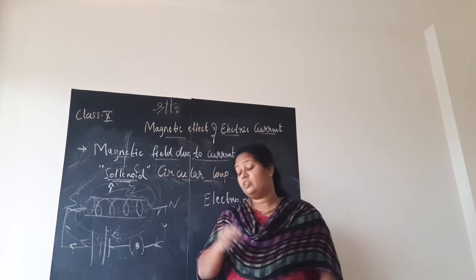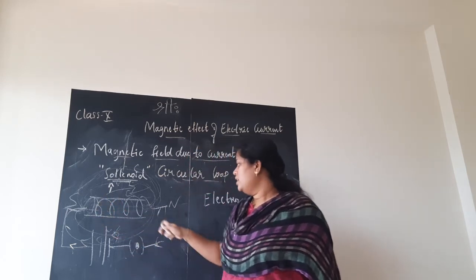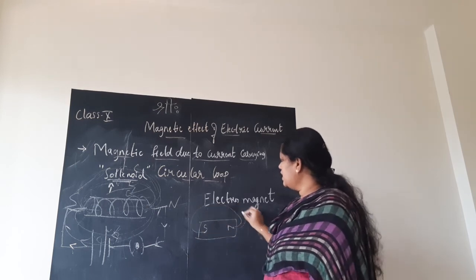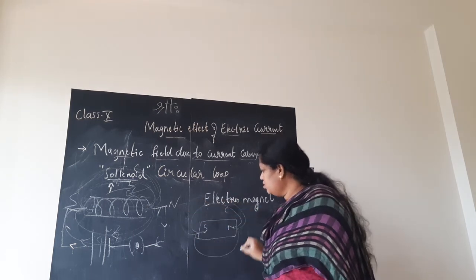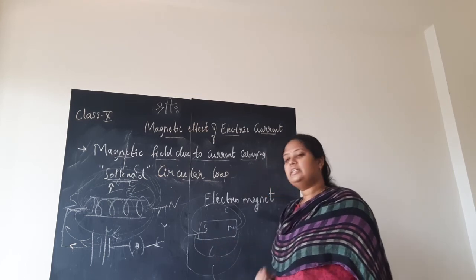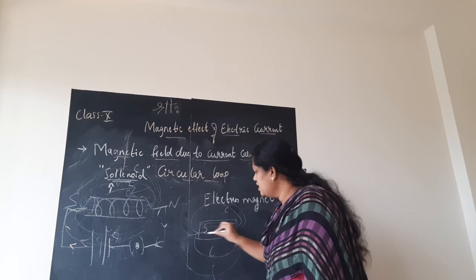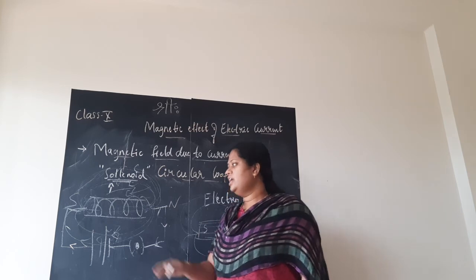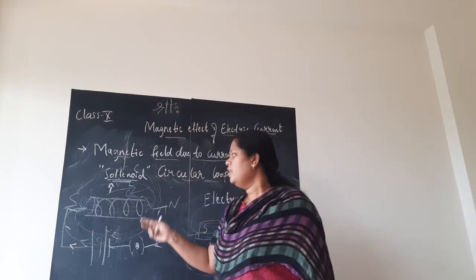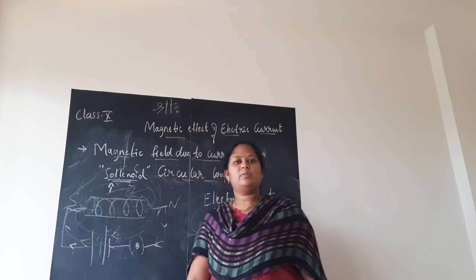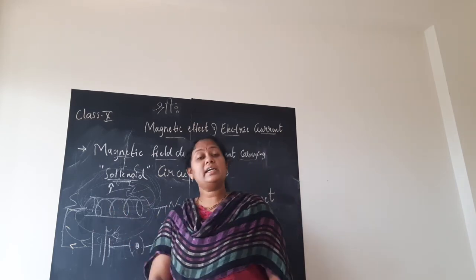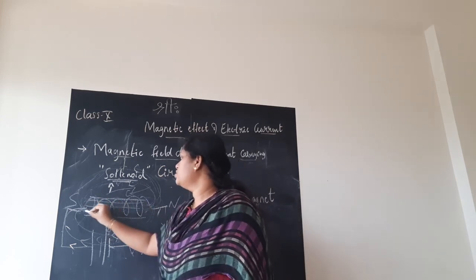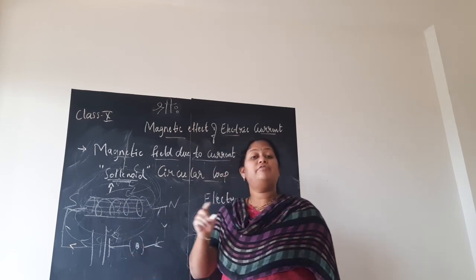This is very important, which I forgot to tell you. I am sorry, children. In the case of a bar magnet, I explained that outside, magnetic field lines always travel from north to south. And I told you one more point: inside the magnet, the magnetic field lines travel from south to north. Similarly, this solenoid is acting as a bar magnet. Outside the solenoid, of course, the magnetic lines will travel from north to south. But how about inside the solenoid? Inside the solenoid also, the magnetic field lines will travel from south to north.